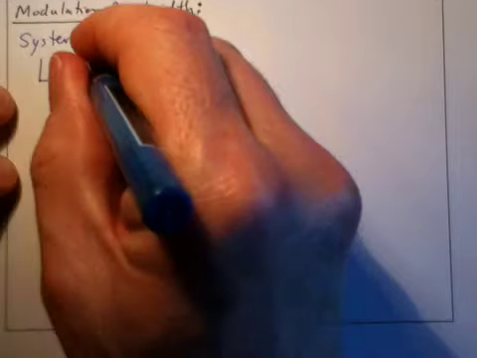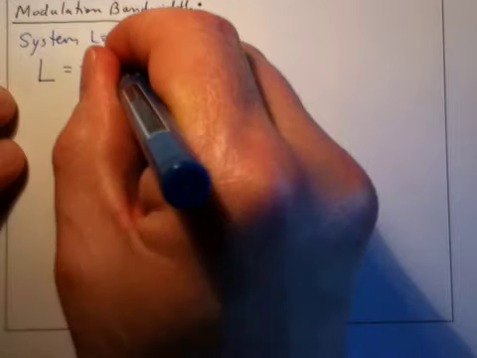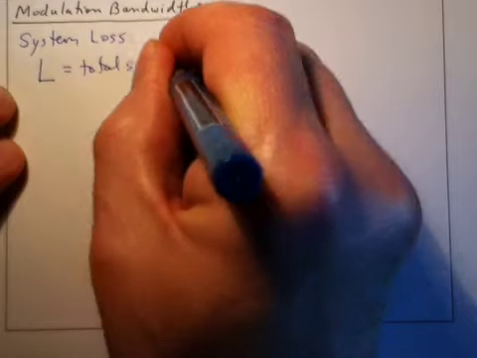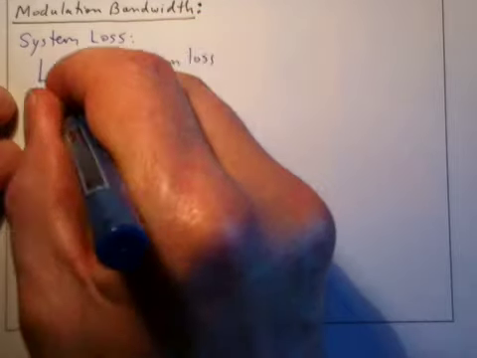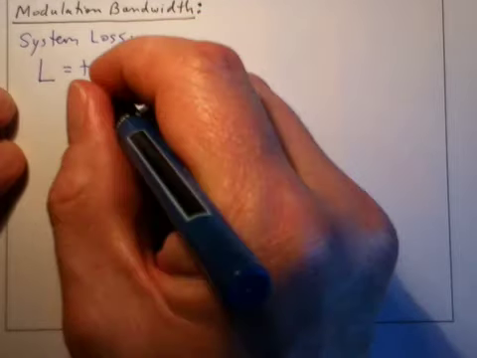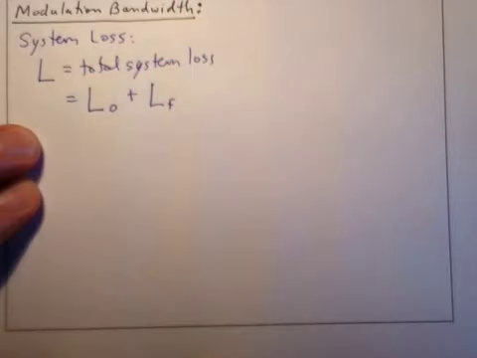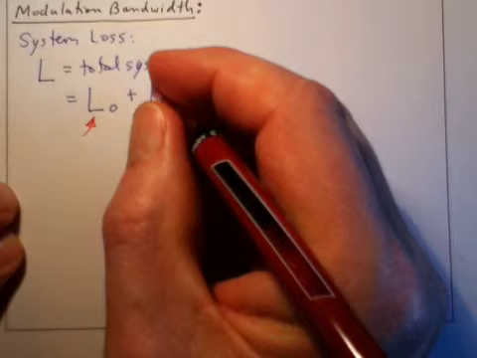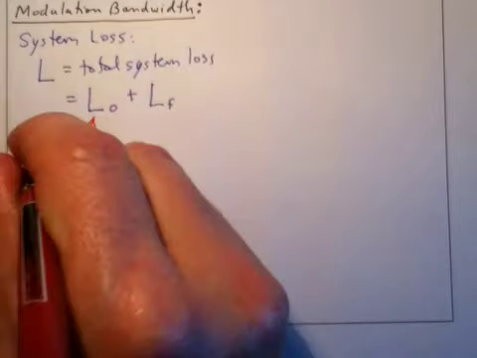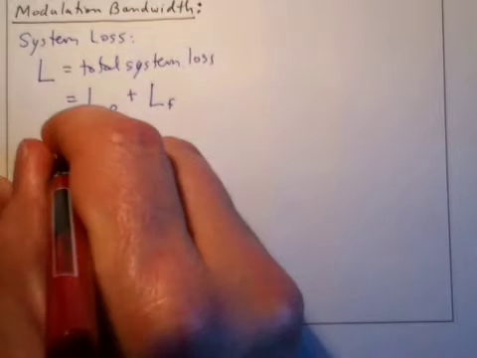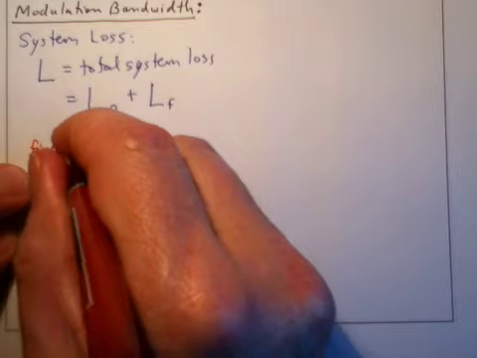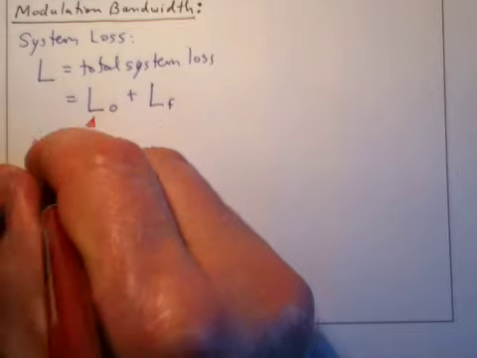We're going to write L is equal to total system loss, and we're going to break it into two pieces, L naught plus LF. And so this is the DC, or the fixed loss at DC,